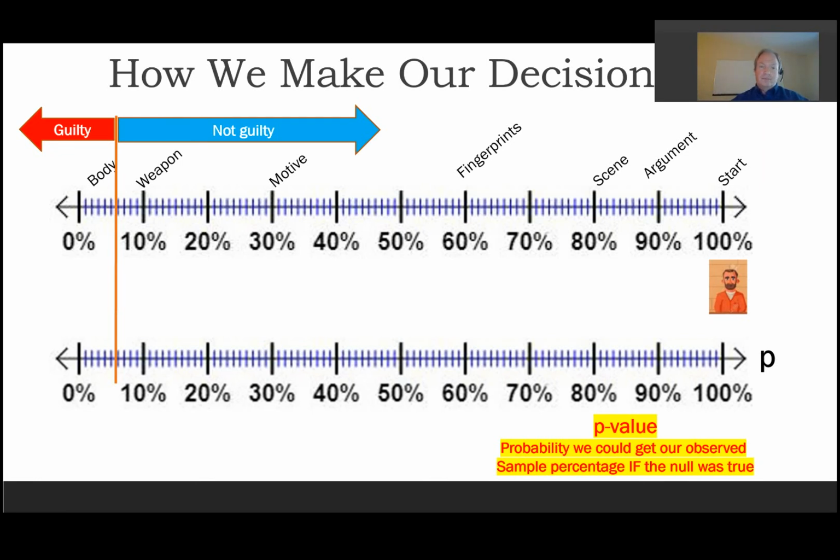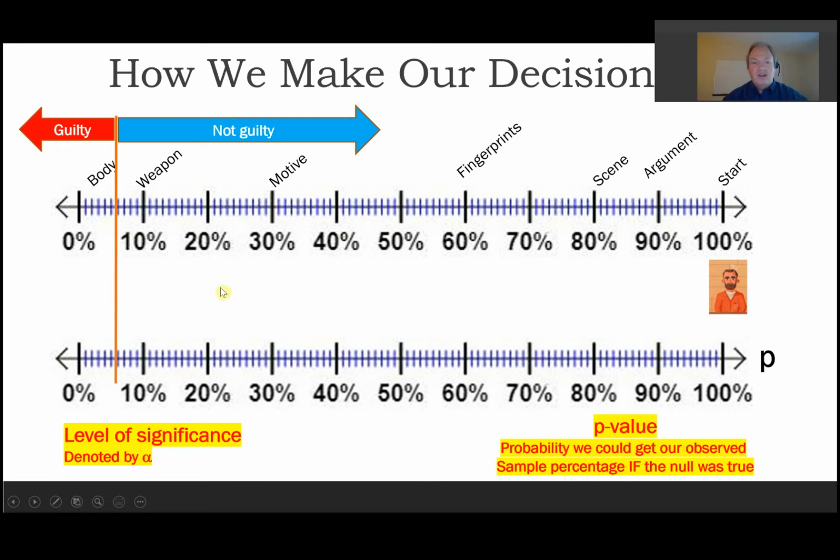Now, unlike jury trials, which are vague, who knows where you draw this line in the sand? And this is exactly the reason why juries deliberate. They're trying to kind of shore up their standards of how they're going to convict someone or if they're going to convict them. This is kind of airy-fairy and ambiguous.